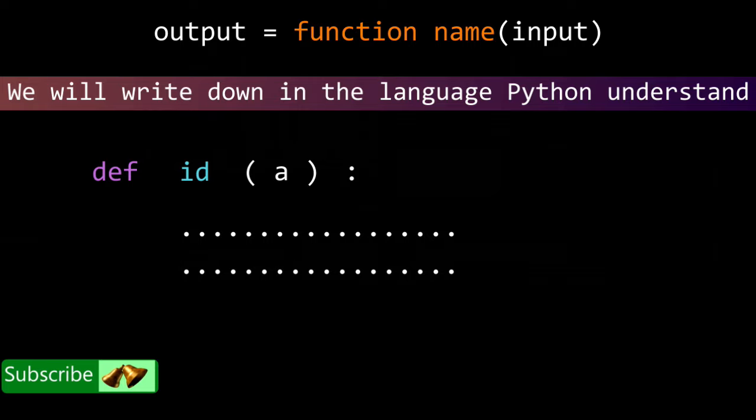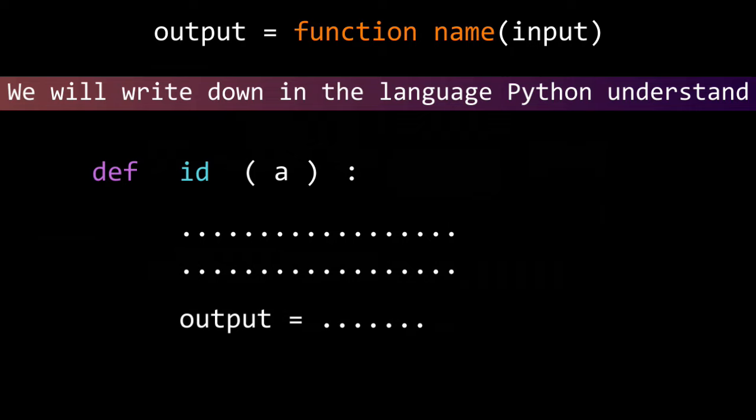These are the 2 lines of code that we have written. From these lines of code, we will get some value, and this value will be assigned to the variable output. Output is equal to some value. Now we have to tell Python again that you return this value. For this purpose, again there is a keyword, return output.